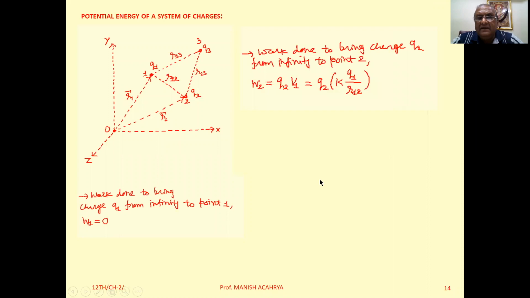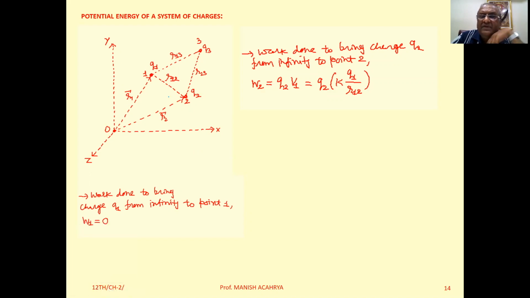But when we bring charge Q2 from infinity to point 2, at that time charge Q1 is already there. In other words, we are placing charge Q2 in the electric field of charge Q1. So here the total work done is